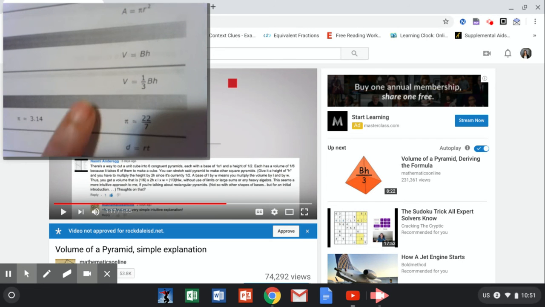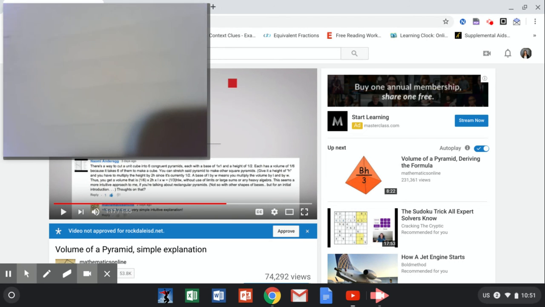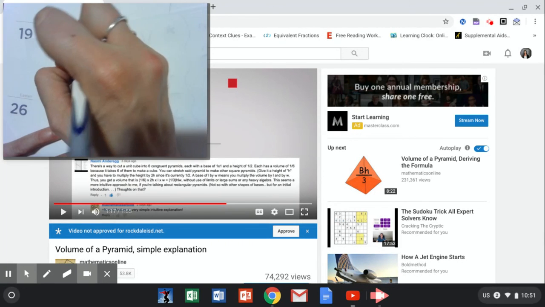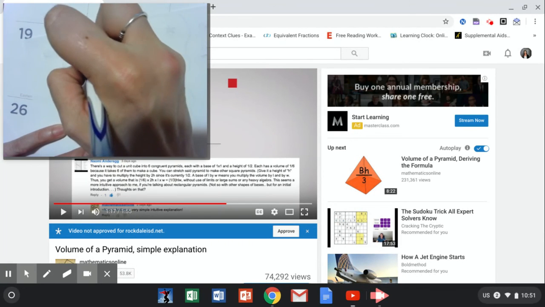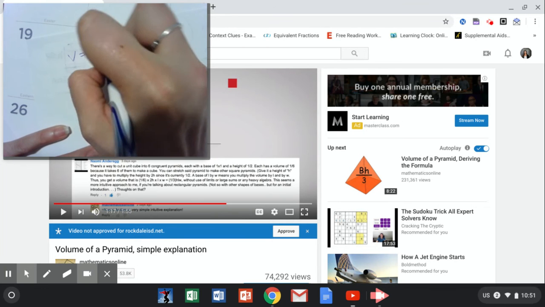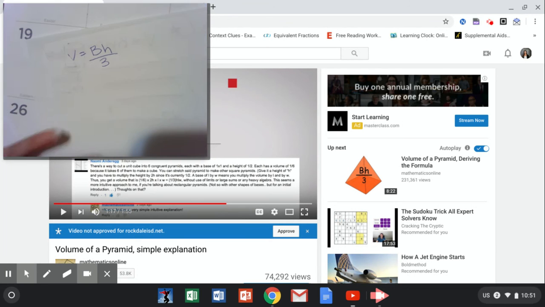That's what the line means right here, dividing by 3. So that's why the formula that he just talked about works. So volume equals capital B times the height divided by 3,